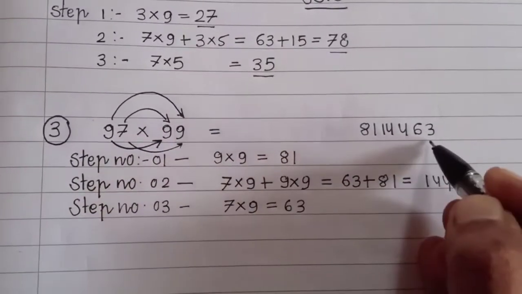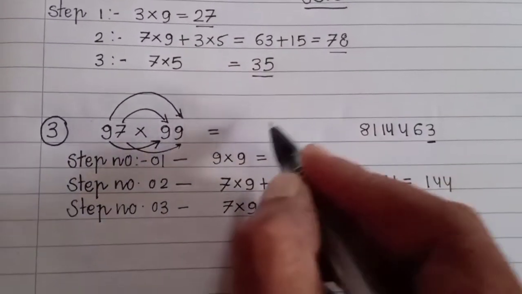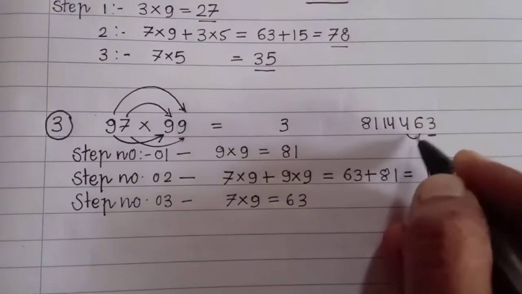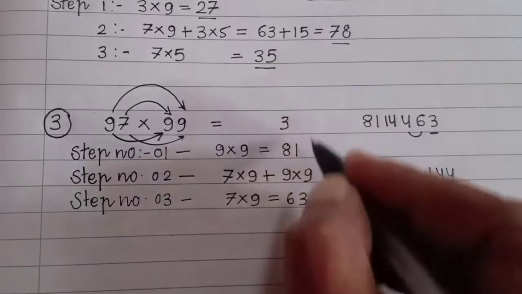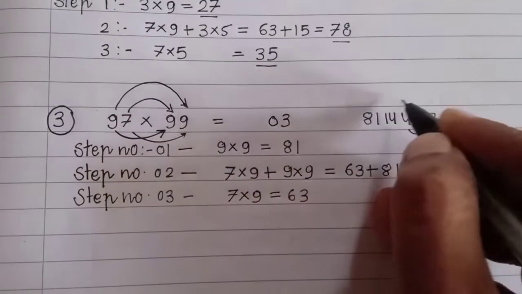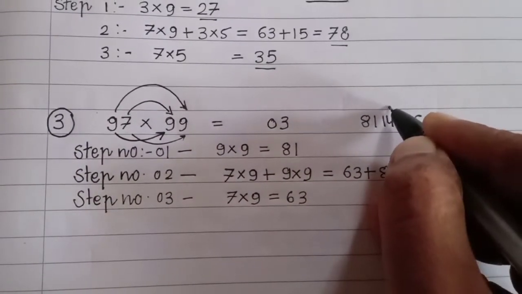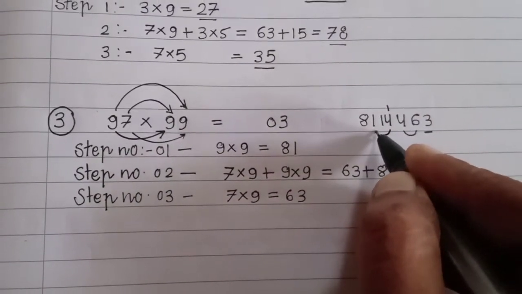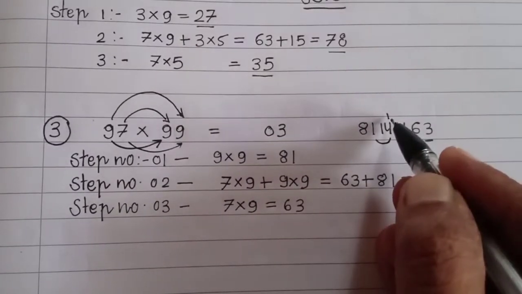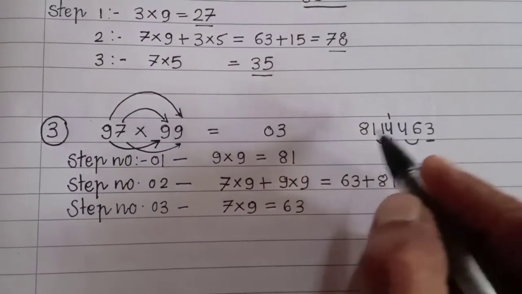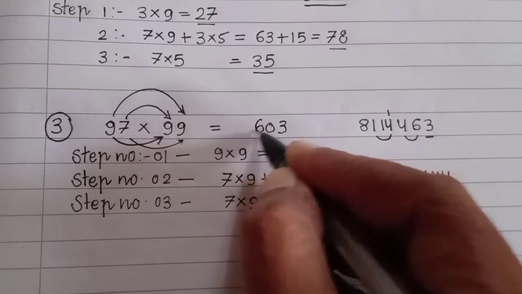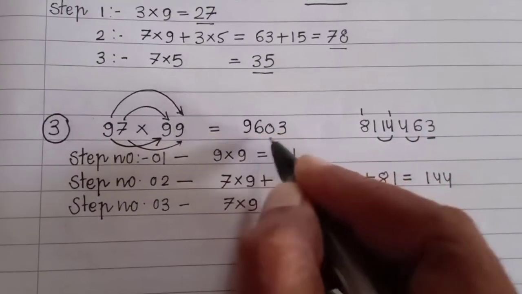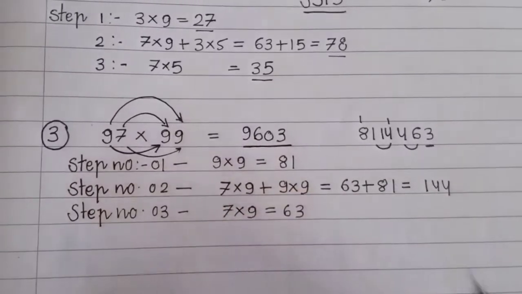See here, आपको बताया था पहले, you keep 3 as it is. 3. Make a addition here. 6 plus 4, it is a 10. Carry 1. Now you make here this one. 14 plus 1, 15. 15 plus 1, 16. So you are writing 6 here. Carry 1. So 8 plus 1, it is a 9. So your answer is 9603.